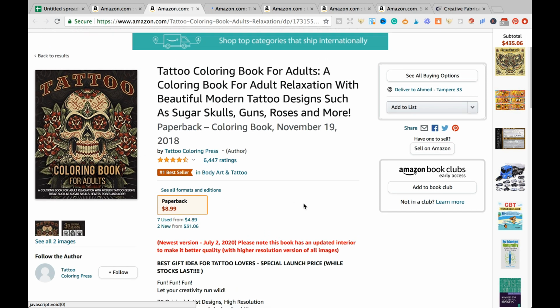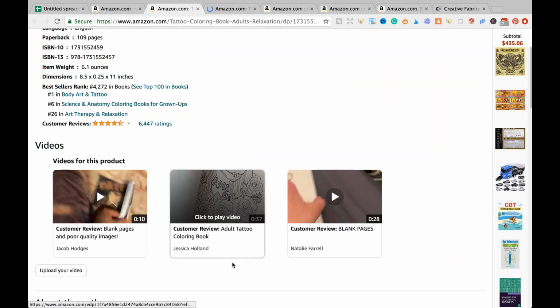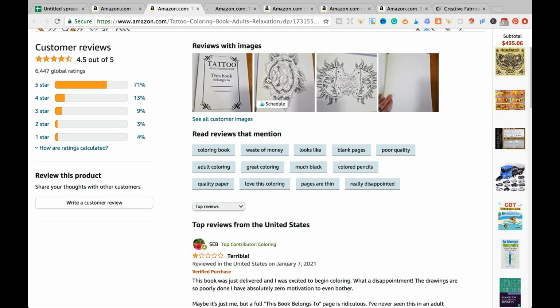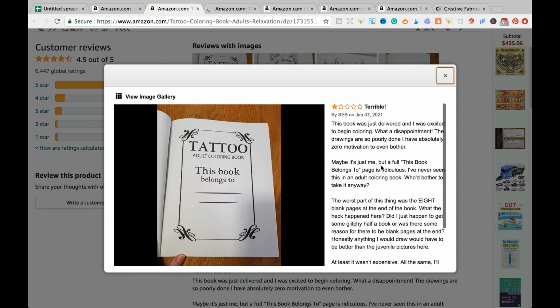So then again, scrolling to the bottom where we look at the reviews right here, and unfortunately we are hit with the first review which states it's terrible and it's quite simplistic, and there's some problems with that as well. So keep in mind and be mindful of that problem right over here. Now, as you can see, please also check the pictures, what kind of pictures are uploaded, which will help us to seek inspiration from what the interior looks like to the customer, because the picture quality also matters, the sizing matters as well. So here she says that what the worst part was that there were blank pages in the